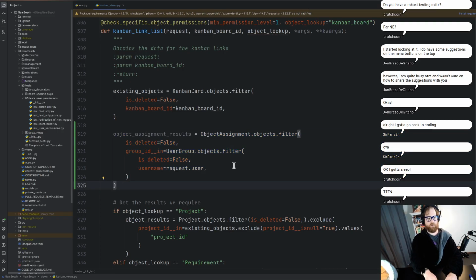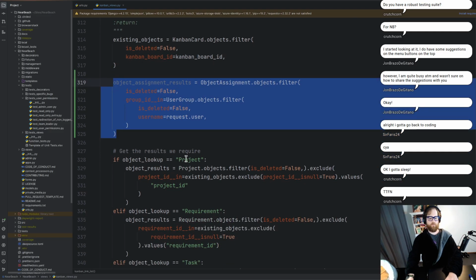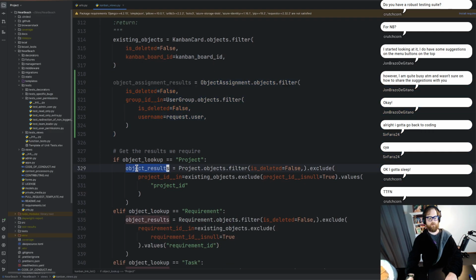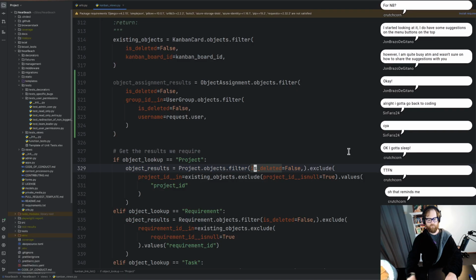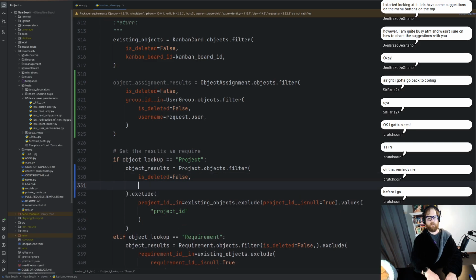All right, so object assignment results. So that gives all objects that the user has access to. And what we can do in here is, we've got object results, which is the project object results. We've got a filter in here. What I'm going to do is go in here and go